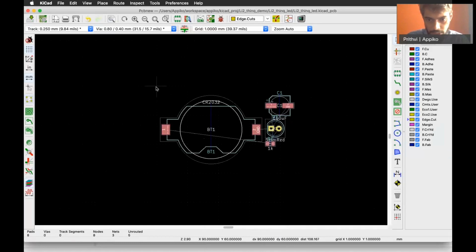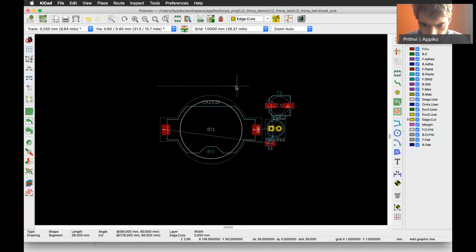So let's start here. Let's say we want to make a 5 mm by 10 mm board. Would that be enough? Sorry, 5 centimeter by 10 centimeter, or even that might be too much. Let's say 45 by 30 mm.